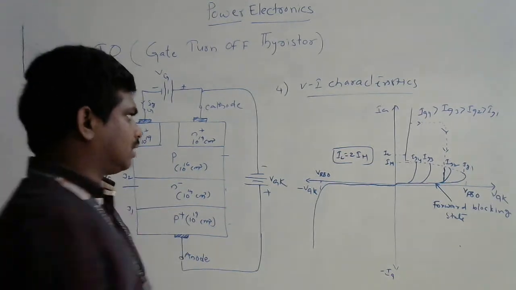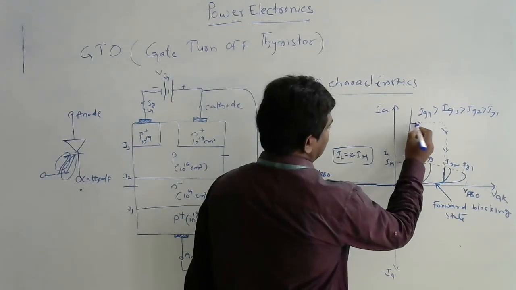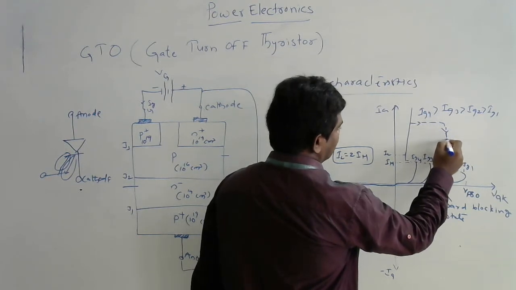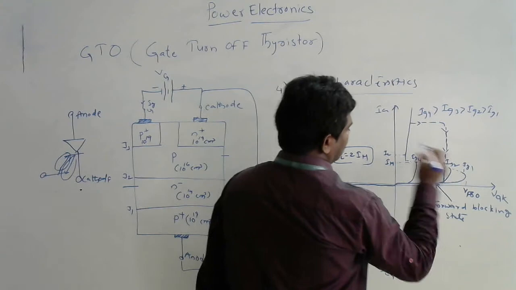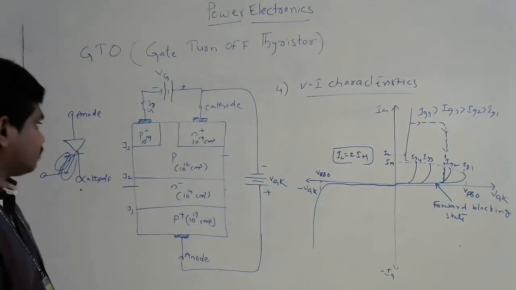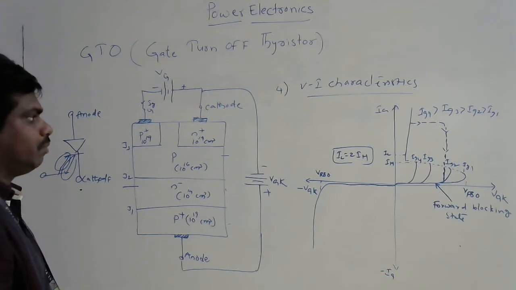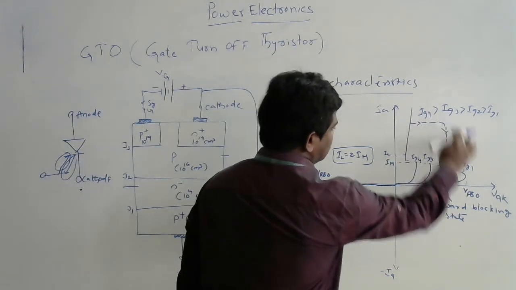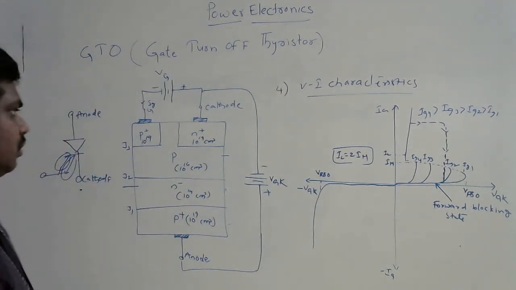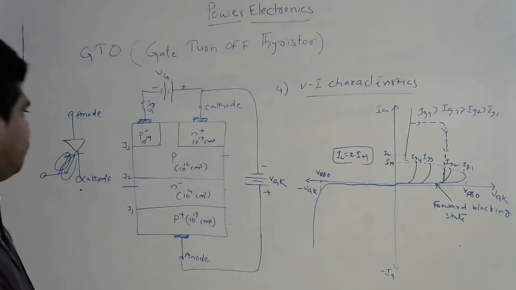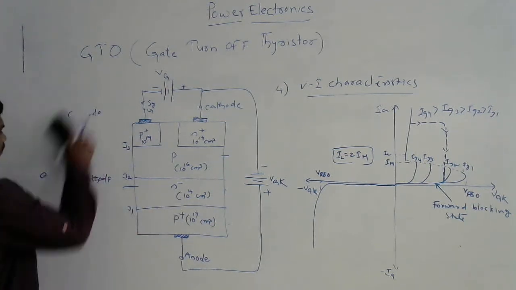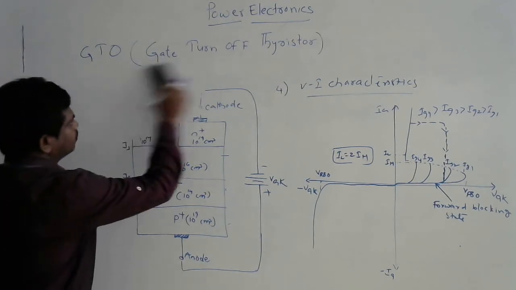See the arrow marks. This dotted line indicates reverse voltage applied across the gate and cathode terminals. So these are the characteristics to remember. This portion is very important. It will decide the operation of both the SCR and GTO, and it is showing some difference. Next we'll see the comparison of SCR and GTO.